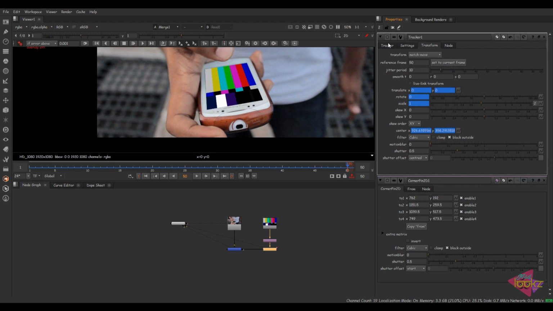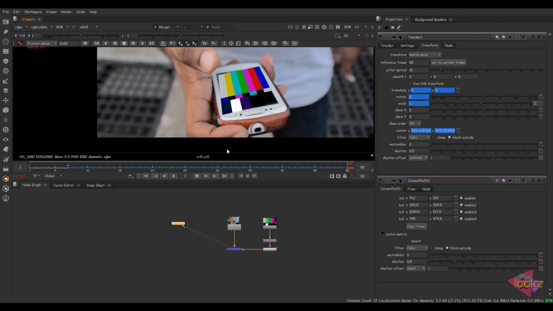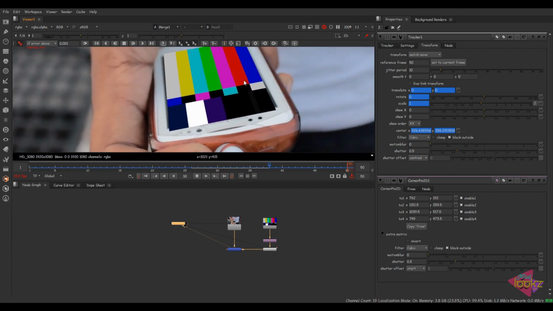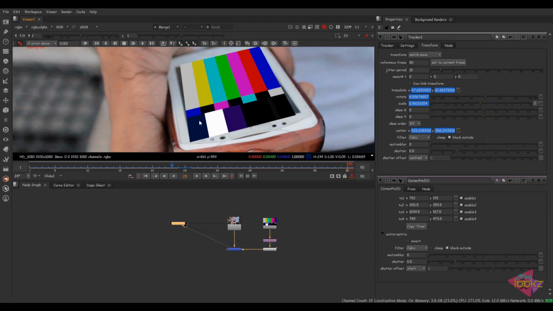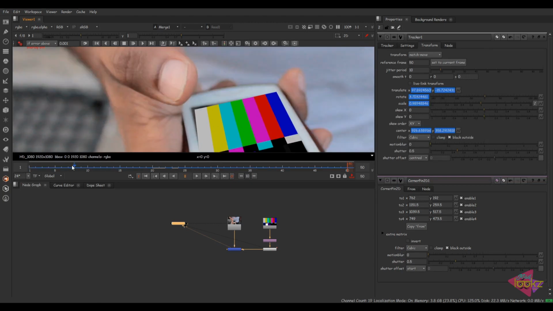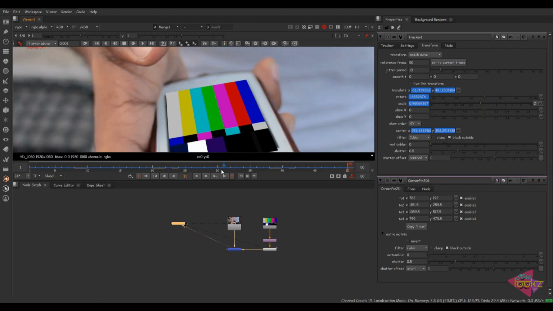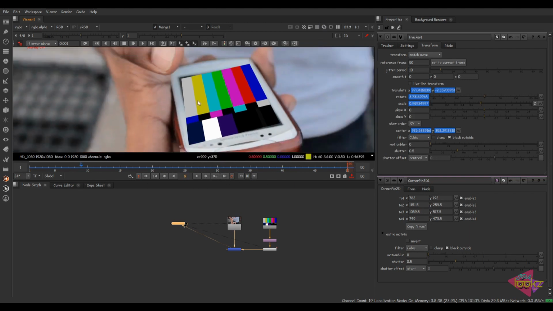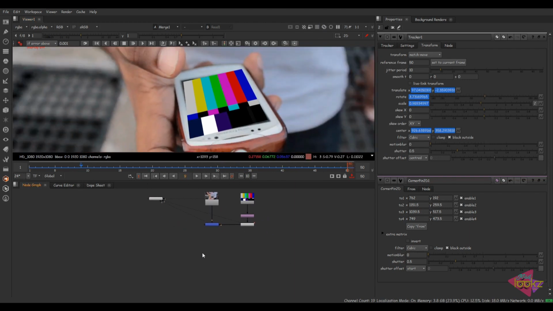You can see the tracking data has been applied, and we can see the rotate and scale also, because we have four corners. But you can see in the track there are a lot of problems, a lot of wobbling, right? It's not exactly wobbling, but it's not sticking to the track points. We have exactly four corner points, but it's not sticking to the exact corners.